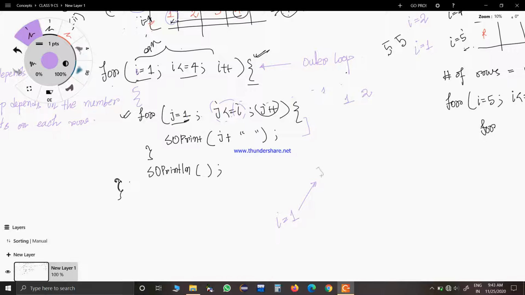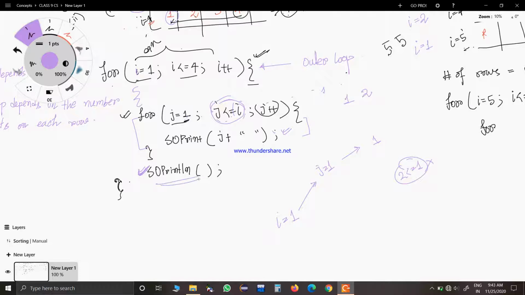So in the inner loop, j is equal to 1 and then it prints the value of j. So 1 is printed, and then its value gets increased to 2. So when j becomes 2, this condition becomes false because j is 2, and 2 less than or equal to I, which is 1, is false, right? So now it will get out of the loop, and after the loop this line is there.